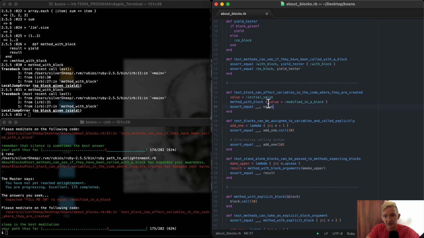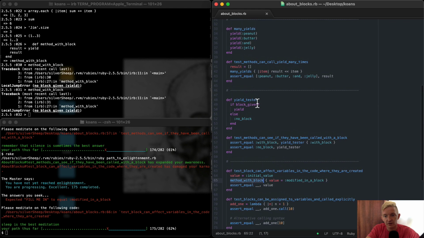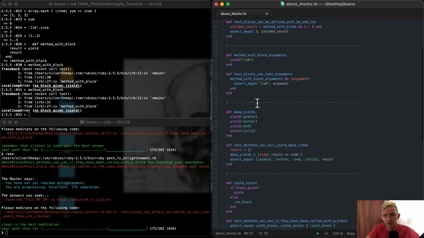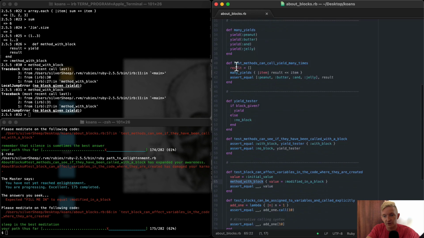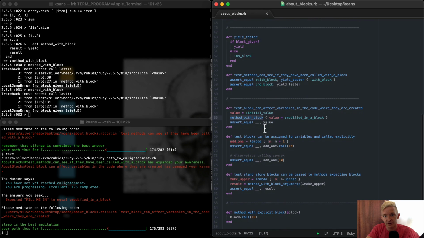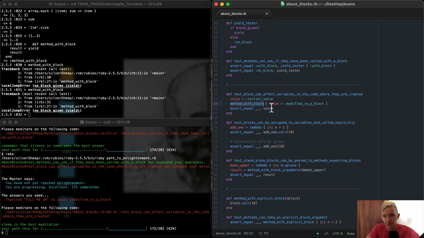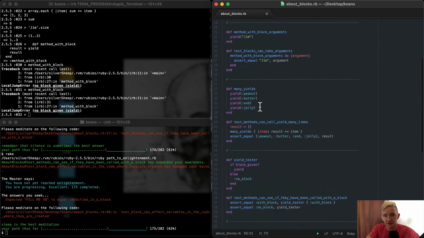Method with block. Method with block arguments. So here, this is the method with block. So it just returns the result. So here it says our method with block, where the value is equal to modified in block. Well, method with block is going to yield